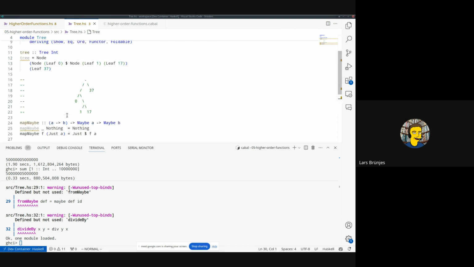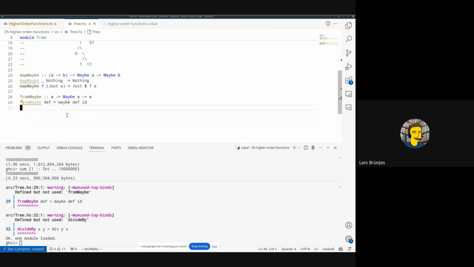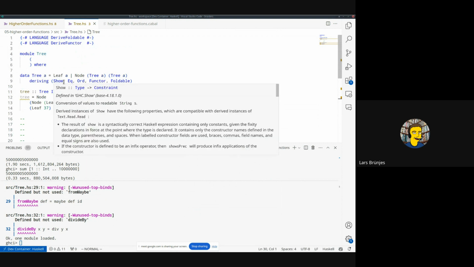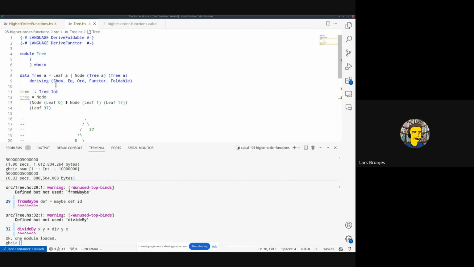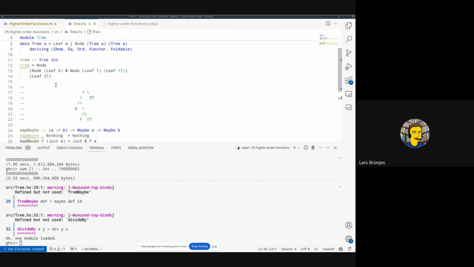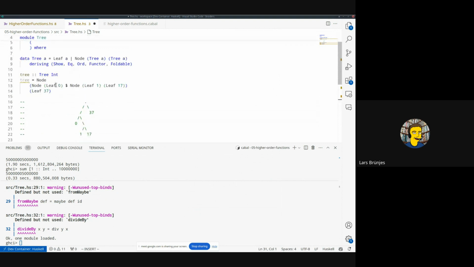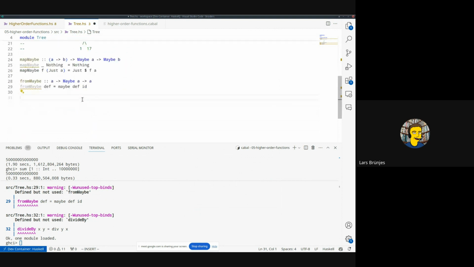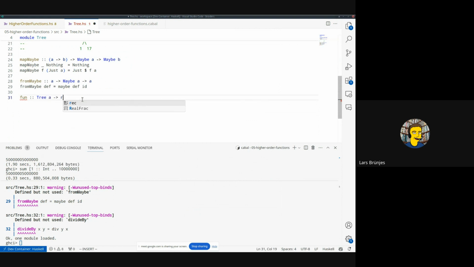And now we can do the same also for our trees. And that is not, of course, in the standard libraries, because trees are a type that we defined here. So the standard libraries don't know anything about it. So let's try the same thing. I mean, if we wrote functions on tree, I deleted all of them now. But if we want to define a function on tree, so fun from tree A to, as a result type, R,